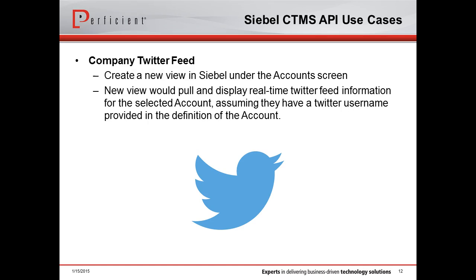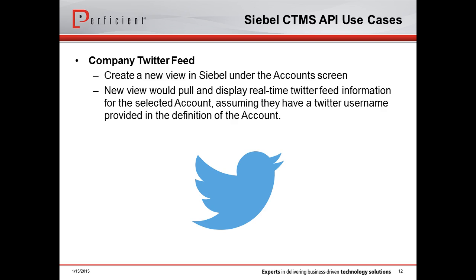Another example of an external web application that has existing APIs that we can leverage in our Siebel application is Twitter. Social media is an important part of any business these days, and there is important information that is communicated through these channels, and so it can be useful to have that visibility within our Siebel CTMS application as well. So, for example, for our account lists or our organizations that we have in our Siebel CTMS application, to see the Twitter feed for each of those accounts or organizations, we could render the application to include it in a